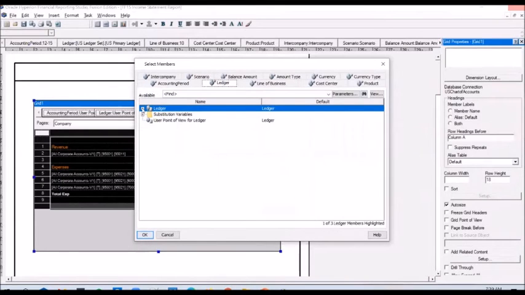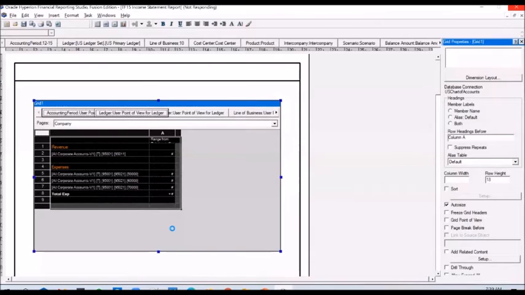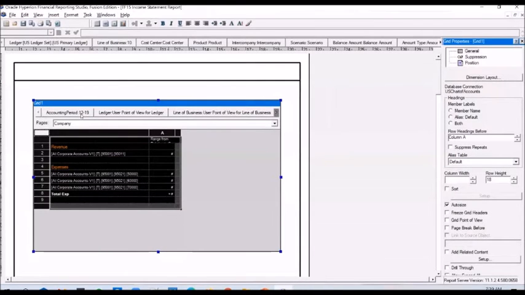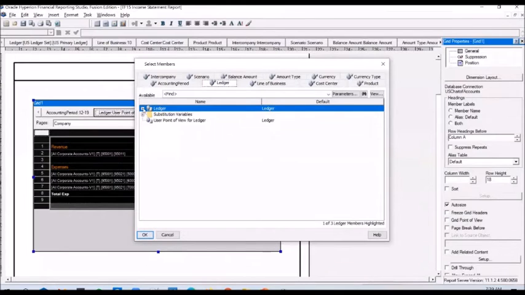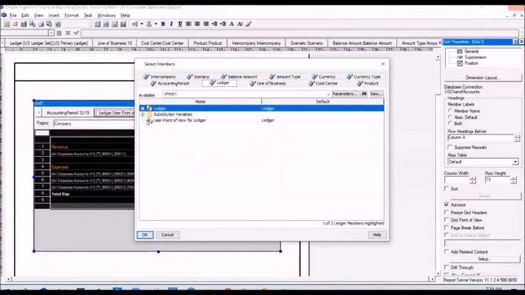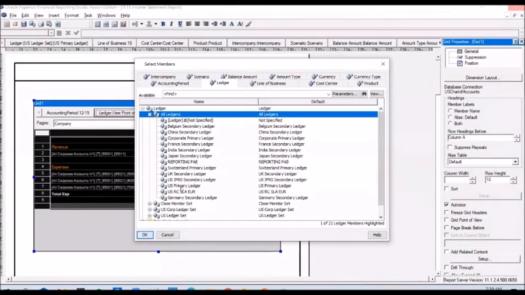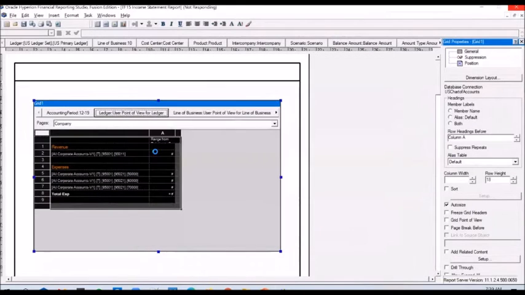For some reason, it's not saved. Okay. Yeah, you could see 12-19, and the 12-19 is set up as a default value now. And for ledger also, you can select a default value. You can probably select US primary ledger, expand ledgers, select US primary ledger.